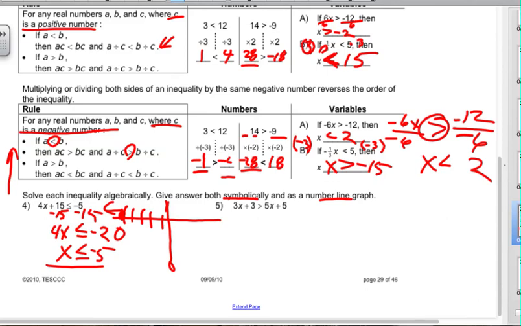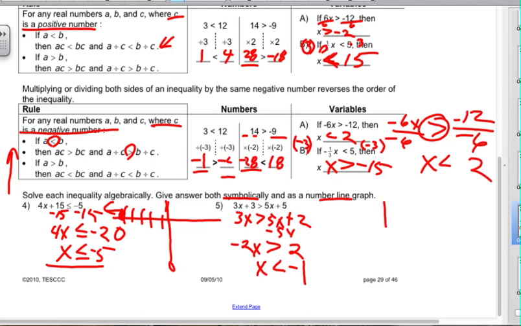All right. I want to subtract 3. This is going to give me 3x is greater than 5x plus 2. So now I want to subtract 5x from both sides. That gives me negative 2x is greater than 2. Now I need to divide by a negative 2, which means I have to switch this. So x is going to be less than negative 1,